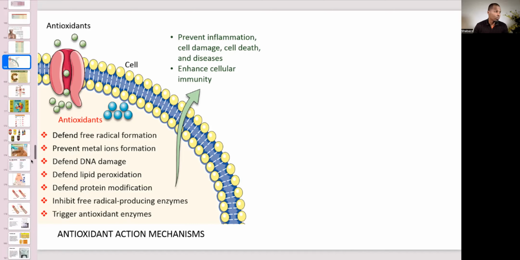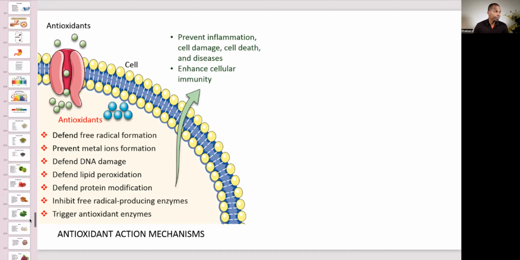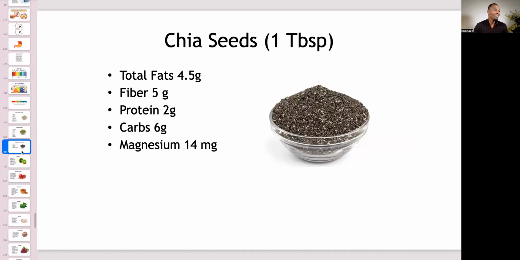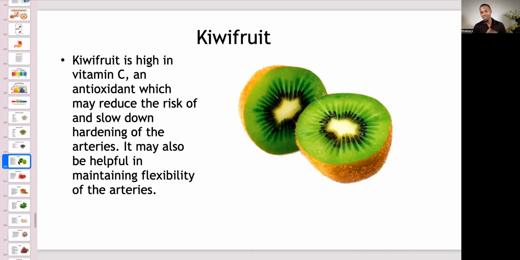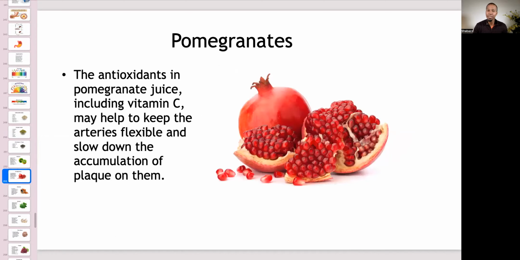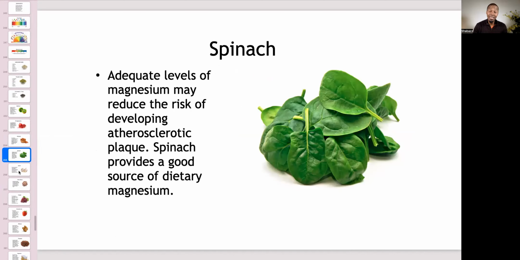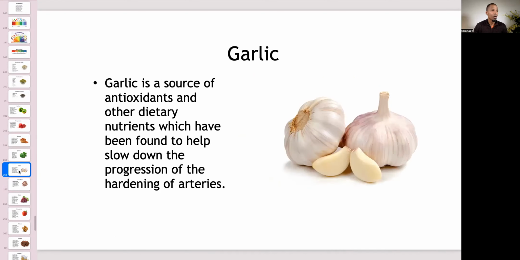Now, along with those, we talked a little bit about this before. We're just going to do this very quickly. Sunflower seeds. Look at all the benefits you're going to get from sunflower seeds, pumpkin seeds, chia seeds. I'm sorry, I'm just rushing through here. Kiwi fruit, the best source of vitamin C right here. Pomegranates, vitamin C, almonds, vitamin E, and of course lowers the levels of LDL, low density lipoproteins. Spinach, small amounts of vitamin E, but it's going to be good all around.